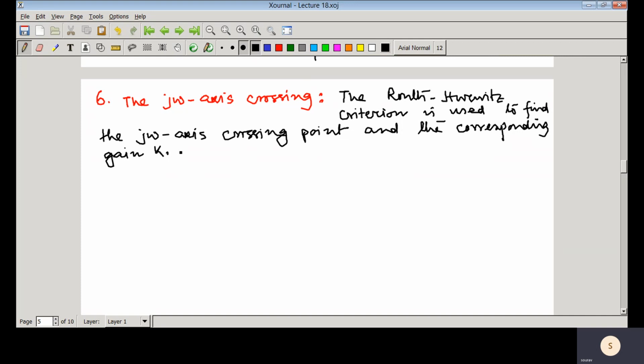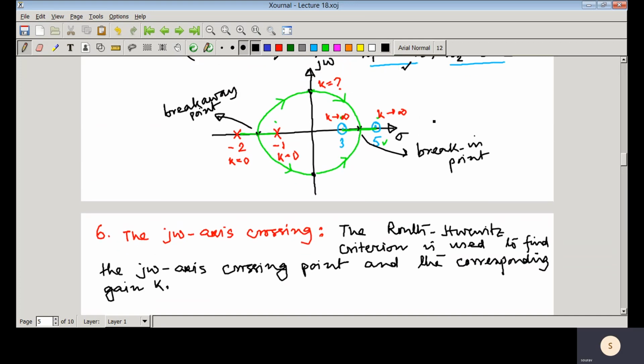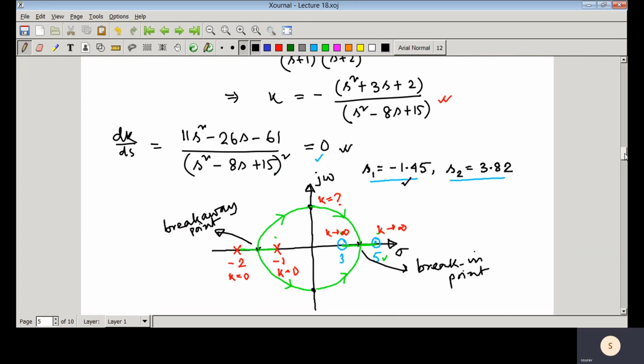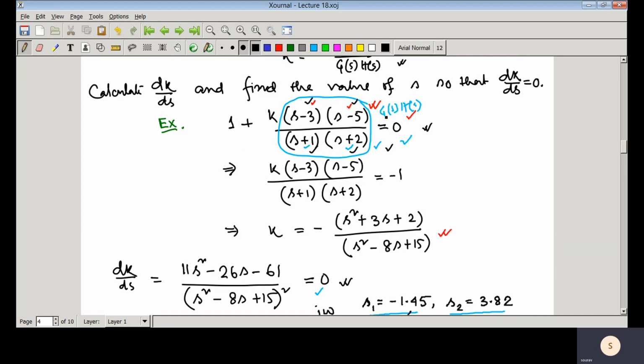As we know, whenever we form the Routh table, there is a value of K at which two poles are complex conjugate poles lying on the imaginary axis, and this happens only when a row in the Routh table becomes 0. That means we would have an auxiliary equation. So let us see this for this particular example. Here this is the open loop transfer function, and this is the characteristic equation.